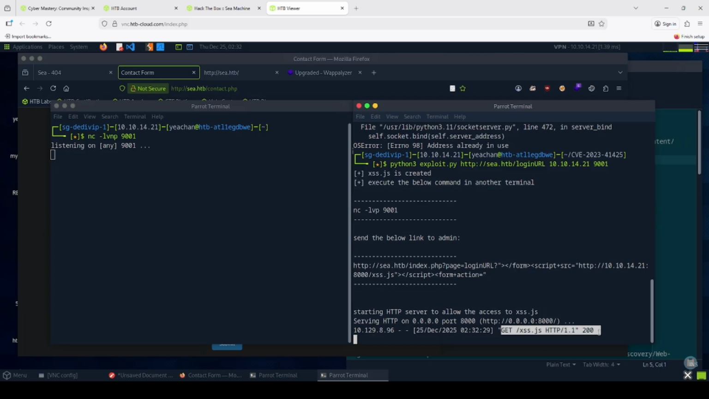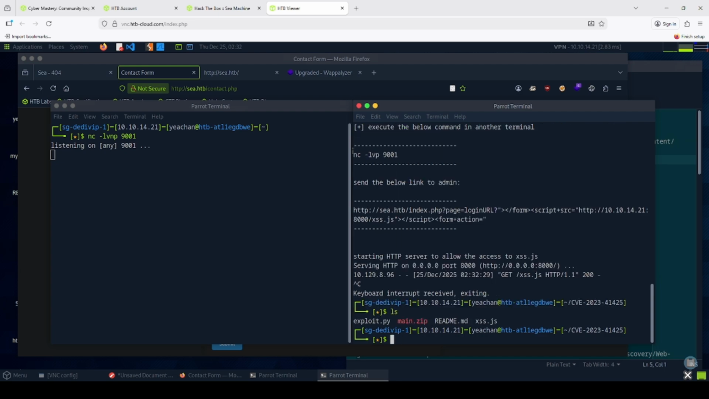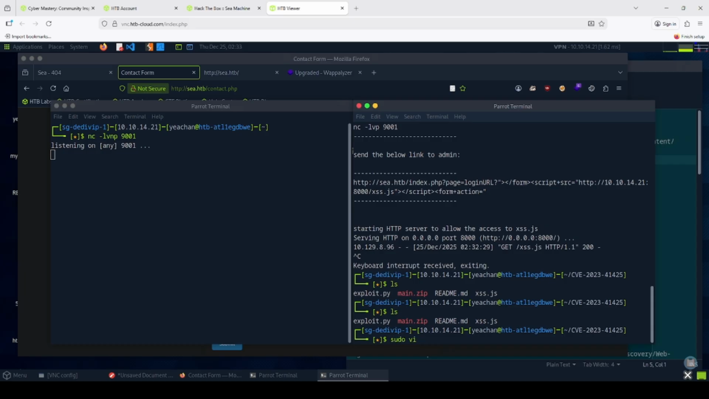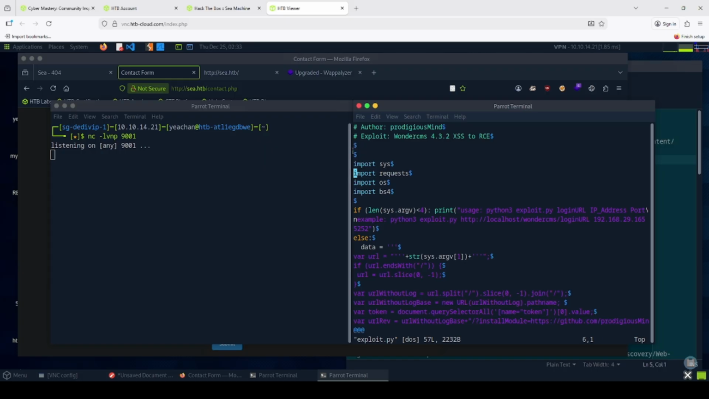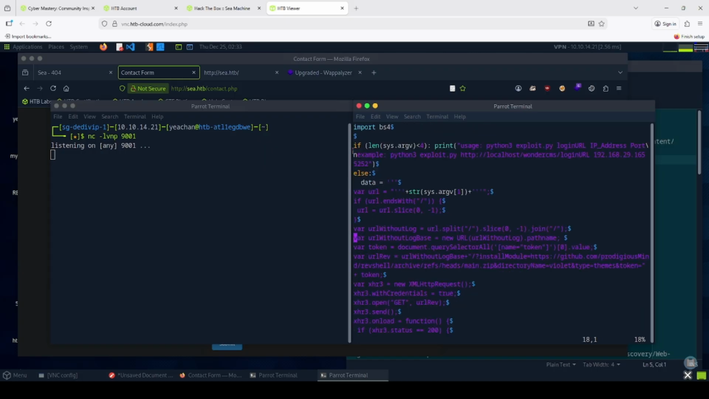We can see this log from our attack machine, but I think we are not able to get the shell at this moment. So we would like to close this at first and verify the JavaScript. Oh, wait for me. I think we have the main.zip file, but what if we